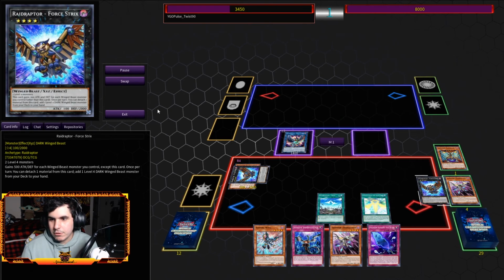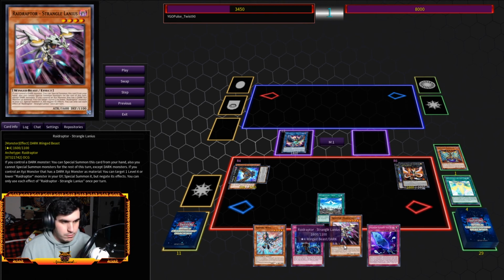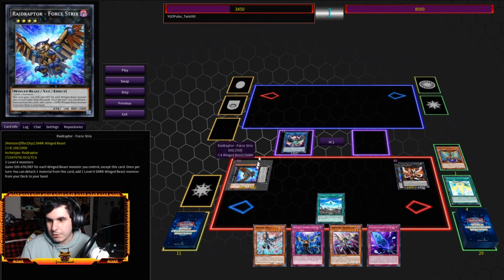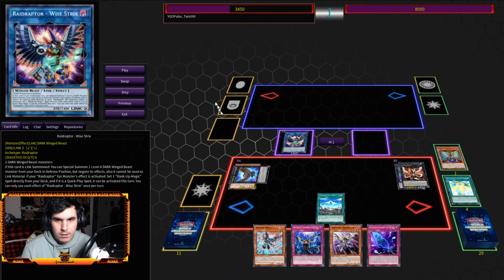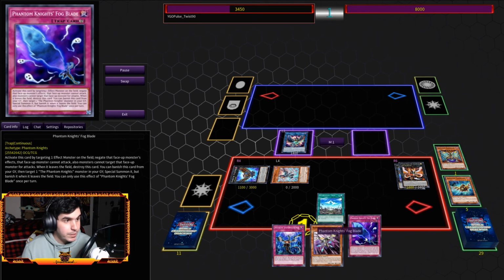And we haven't actually used Strangulanius yet. Like I said, always make your Infinity before you summon your Strangle. This is where it took me a minute because this locked you in the dark. But here we got Raider's Wing, and Raider's Wing special summons itself by detaching, and we just got plays for days. We opened up an Imperm, we opened up a Fog Blade,